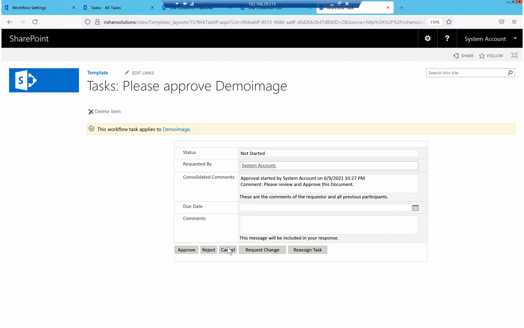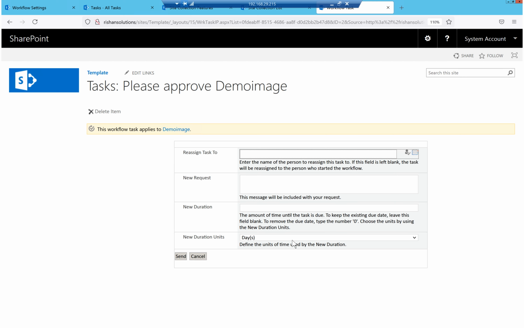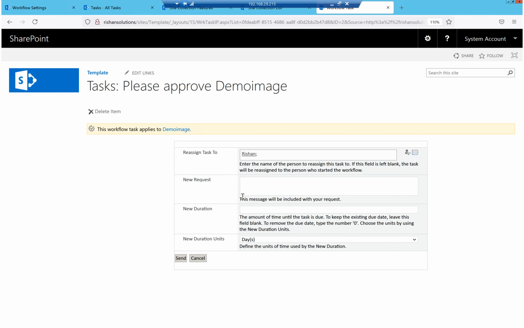So the cancel is simple, it will close, and if you want to work on the request change, you can click. The only thing is this reassign task. When we click this, we can reassign this task to a different user. Now I'm trying to reassign this task to a different user. I'm trying to enter a username. Okay, so I can reassign this task, and if I click send, it will send an email to